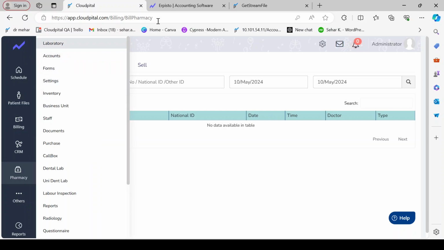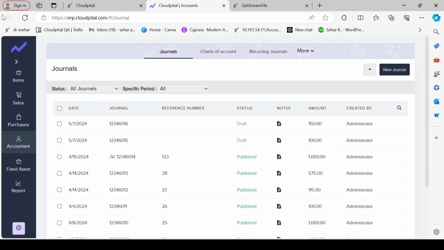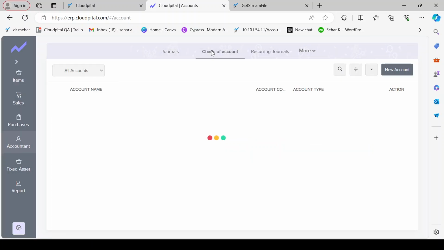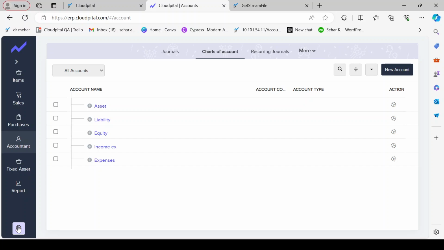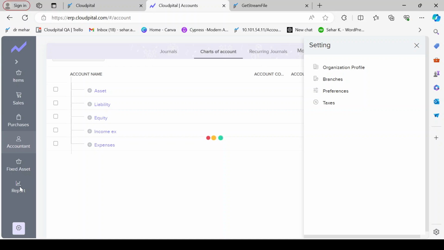Okay, in account screens, I'm going to explain the account screens. This is the account screen, I'm clicking on the account. In here, we can manage all of the items data, all of the sales data of our clinic, all of the purchasing data, all of the accounts data. The fixed asset data we can manage in this screen as well. We can create generals, create their chart of accounts, and create their recurring generals in the account screen as well. Similarly, we have different types of report options. We can manage our data and show different types of reports according to our finance section in the accounts module.